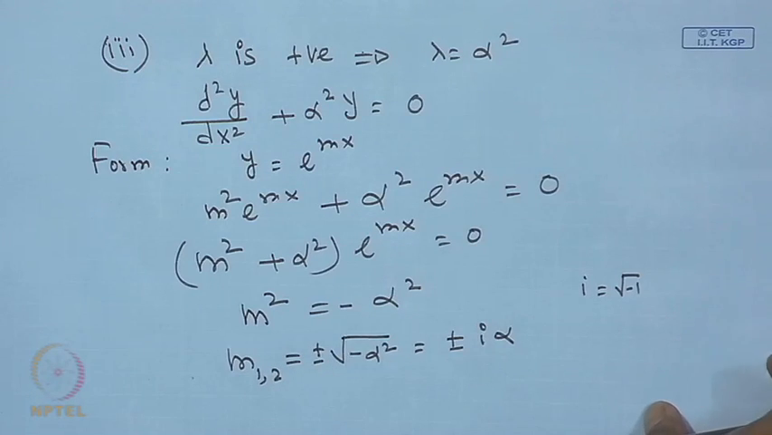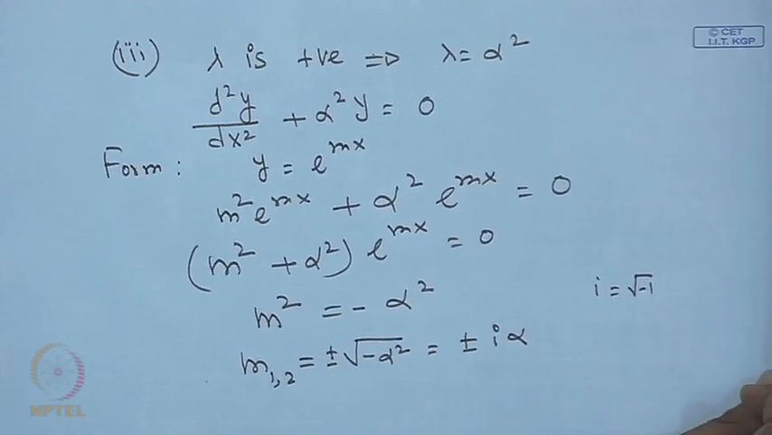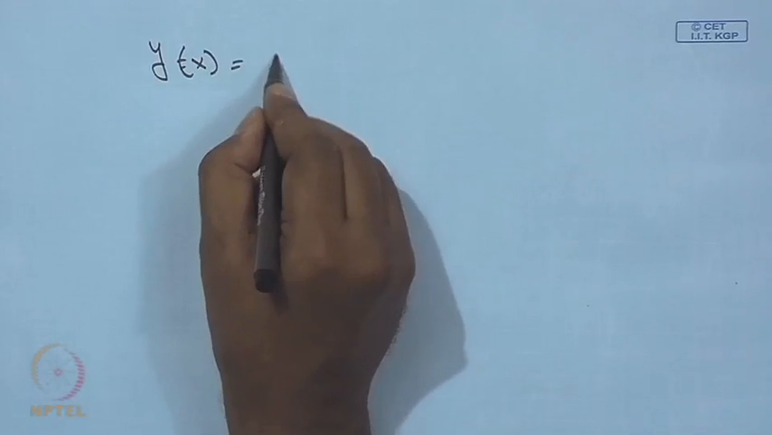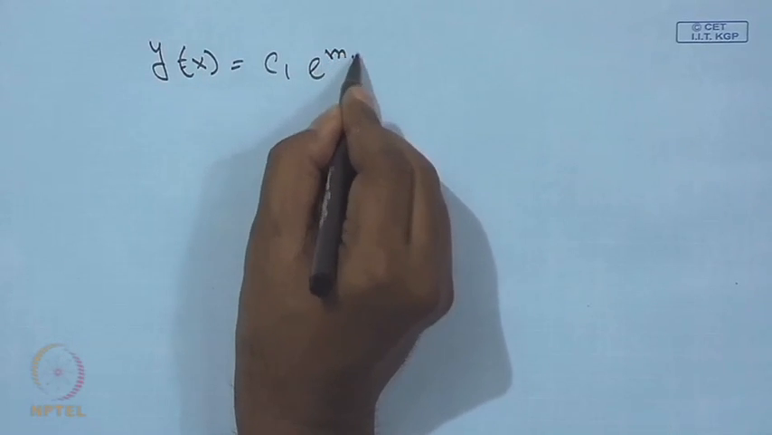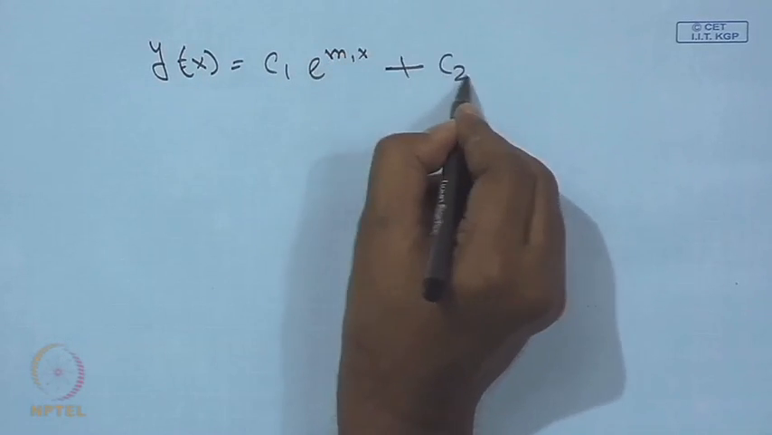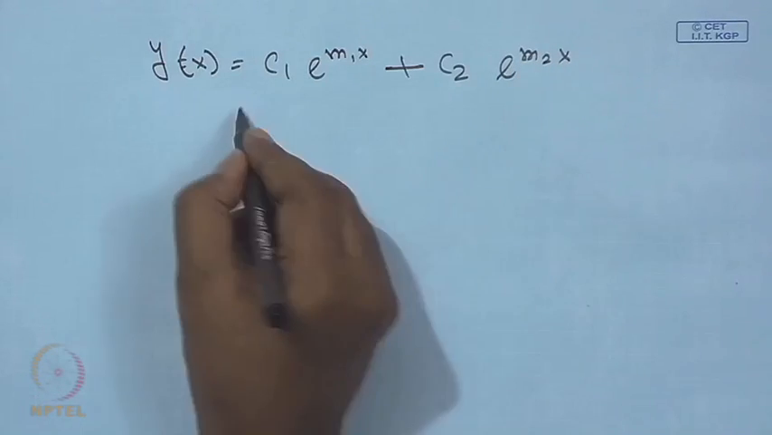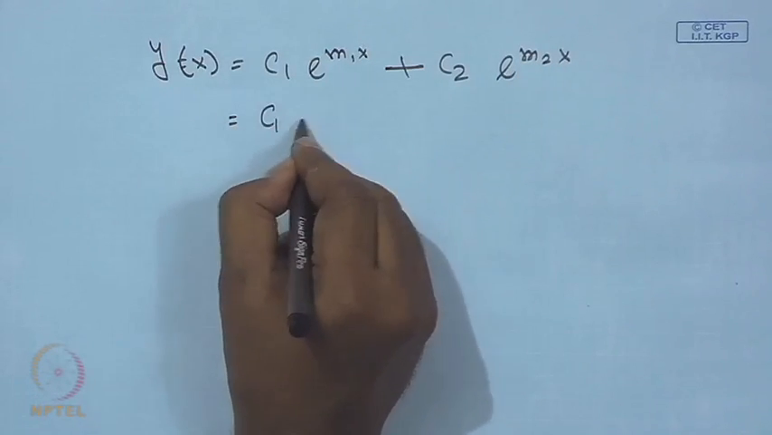So, let us see how the solution of the differential equation now takes the form. So, y as a function of x is equal to c 1 e to the power m 1 x plus c 2 e to the power m 2 x. So, the form of the solution is c 1 e to the power